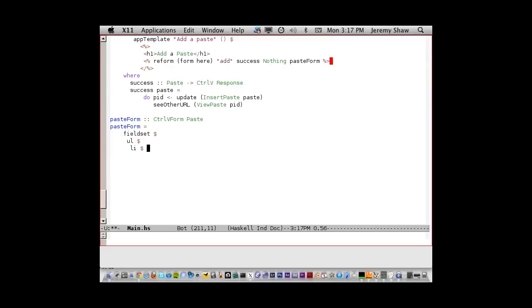So next we need to collect 4 values from the user. We need to collect the title of the paste, the author name, and, actually, we need to collect 4 values: the title, their name, the format of the paste, and then the actual content of the paste itself. So with reform, most of the time you're going to be using the normal applicative instance. So we'll make a little tuple to hold the values, and we'll start to spell them out. So we're going to have a list element. The first thing you want to have